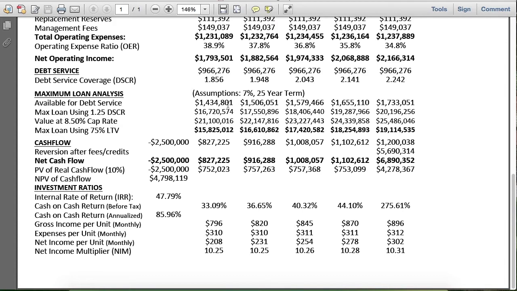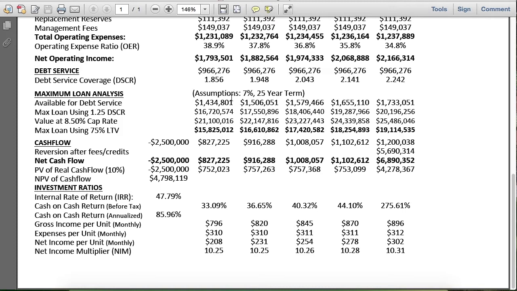Now, right here, what we're going to discuss is the maximum loan analysis. So what you always want to do is take a look and find out what is the maximum loan that you can get at a 1.25 debt service cover ratio. Remember, the bare minimum is a 1.2, but I like to be conservative and go to a 1.25. So basically what we have, and this is assuming a 7% 25-year term. I'm using a little bit higher of an interest rate as well,